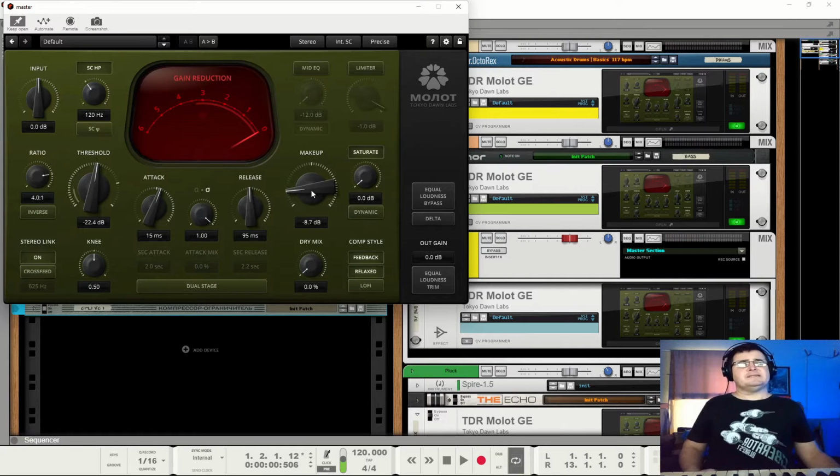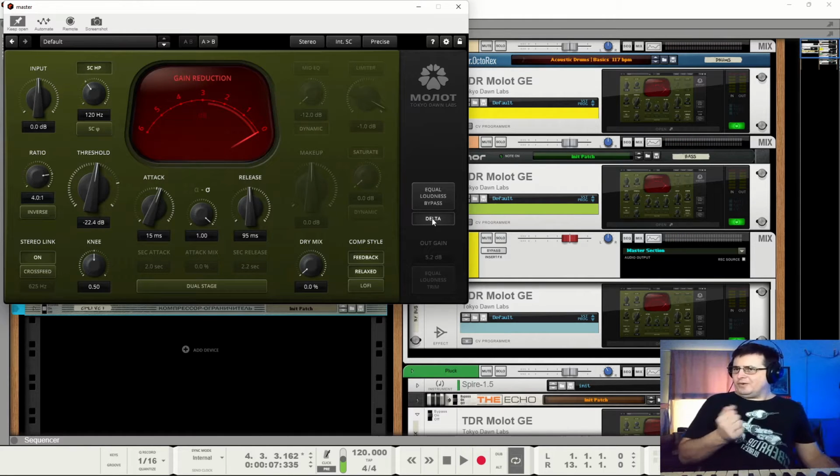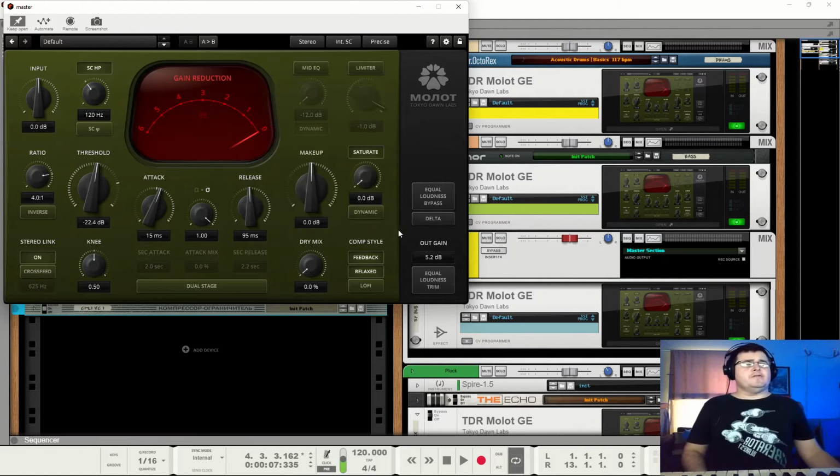It will, to a great extent, keep the bypass quite similar to what you're hearing. And wait, there's more. We can trim so that it's going to sound exactly the same. Very nice. It also has the delta function where you can just hear what we're chopping, what we're doing, the bit that we're acting on. So it's like an X-ray or an inverse of what we're doing.